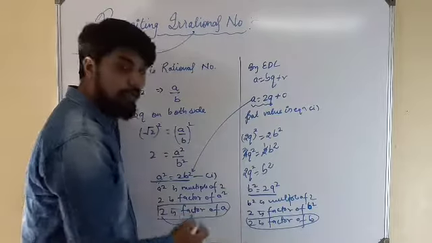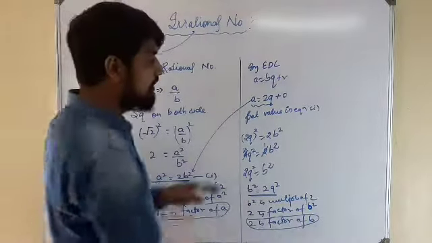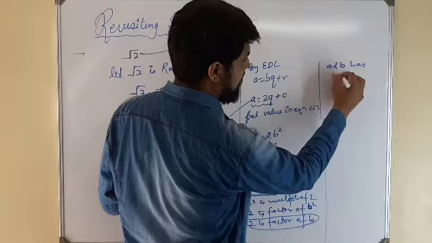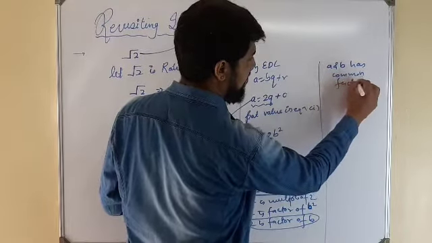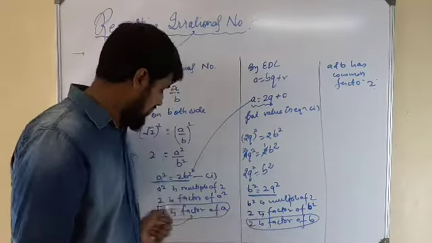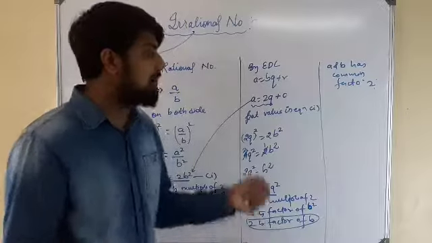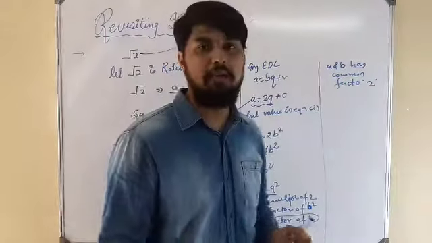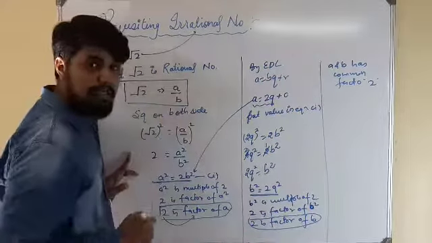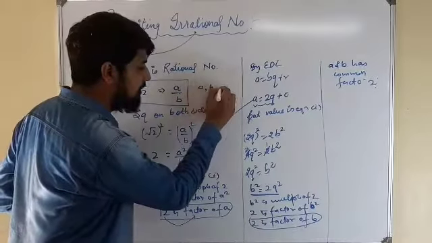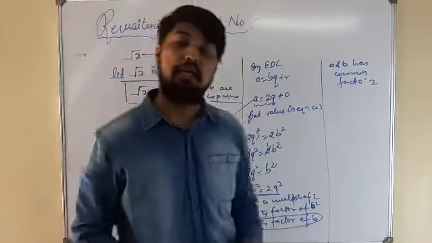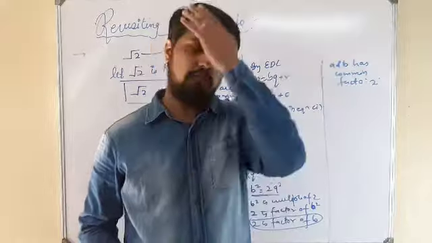See, now understand these two statements very carefully. Now here 2 is a factor of a and here 2 is a factor of b. That means a and b have a common factor 2. That means a and b, both the numbers have 2 as a common factor. But when we write any rational number in the form of a by b, here a and b are co-prime numbers. Now co-prime means the numbers which do not have any common factor. That means their HCF is always 1.